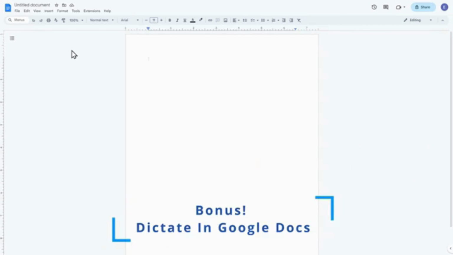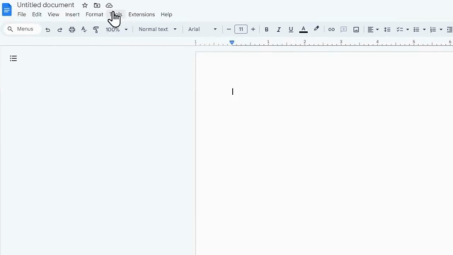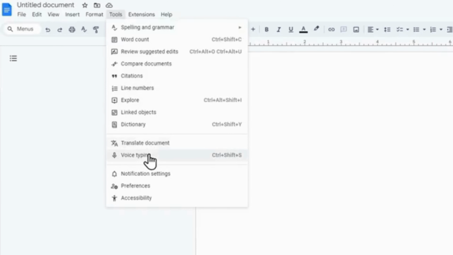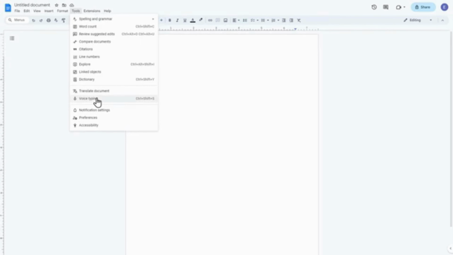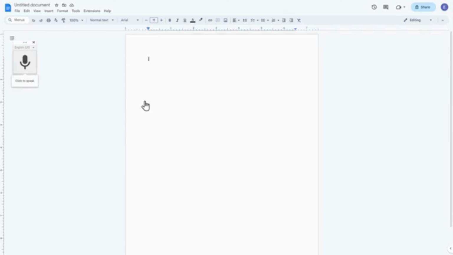Next, let's look at Google Docs. The process is quite similar to Word, but with a few differences. In the web-based version of Google Docs, you can start voice typing by clicking Tools in the menu and then selecting Voice Typing. Just like Word, Google Docs will use the default language you've set, and there are several language